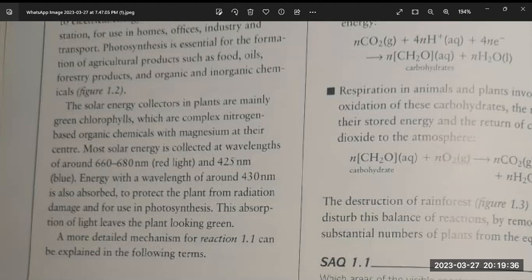The solar energy collectors in plants are mainly green chlorophylls, which are complex nitrogen-based organic chemicals with magnesium at their center. Most solar energy is collected at wavelengths around 660 to 680 nanometers. And then it says the energy with wavelengths around 430 is also absorbed to protect the plant from radiation damage, and for use in photosynthesis. Let me pause right there and just say to you, all of what I just read there is